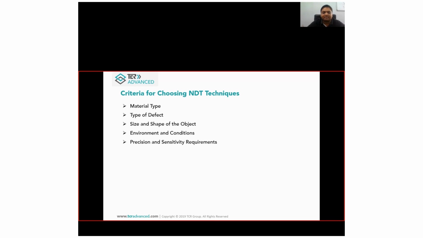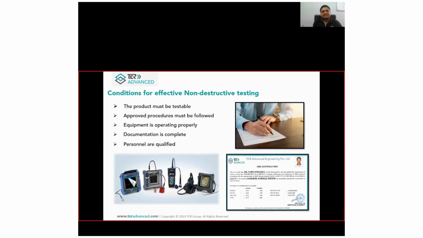Precision and sensitivity requirement: if we are looking for sensitive cracks, we use sensitive techniques. And if we are looking for very minor fine cracks, we see in the DPT test, open to surface defects, we can detect 20 micron cracks also. So conditions for effective non-destructive testing: the product must be testable, and the approved procedure must be followed, otherwise maybe some defect,